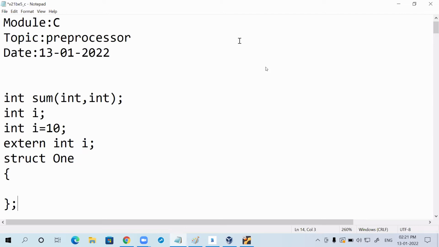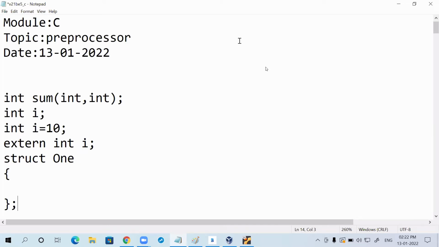What the programming standards say is that whenever you are implementing big projects, all the declarations you need to separate from the source code. That is a standard. All the declarations you need to separate from the definitions. Till now we wrote small programs, so multiple files were not required. But if you're implementing a project, suppose a protocol, where so many functions and so many structures need to be declared, the standard says